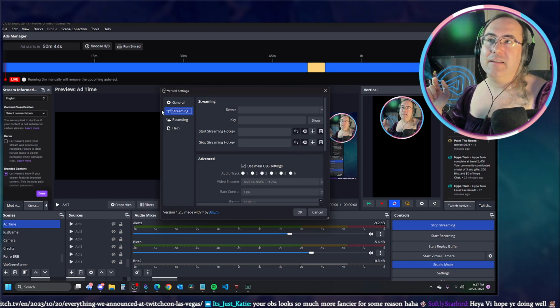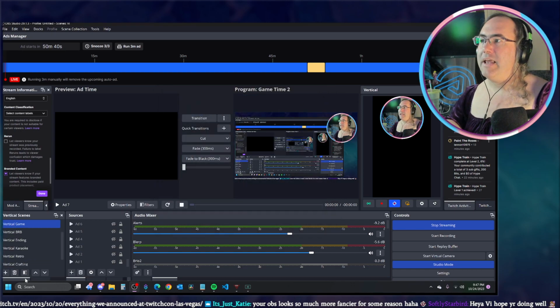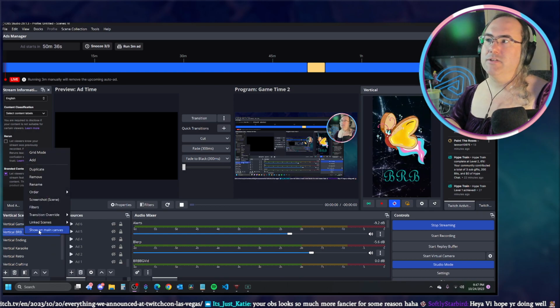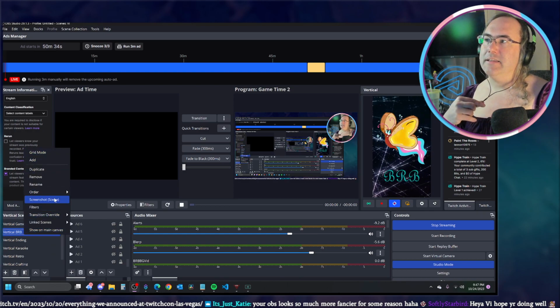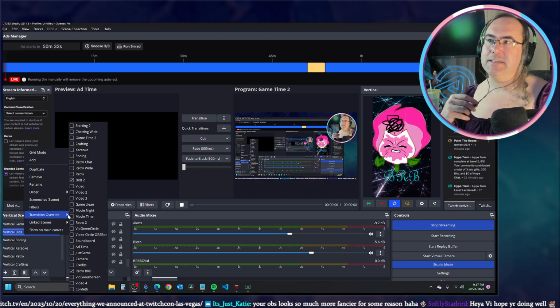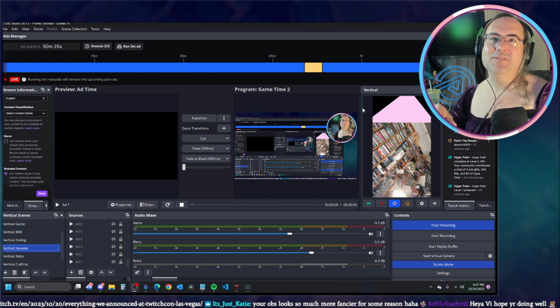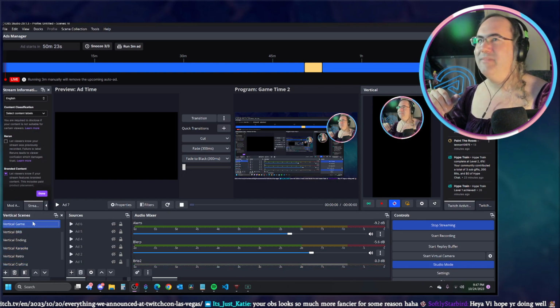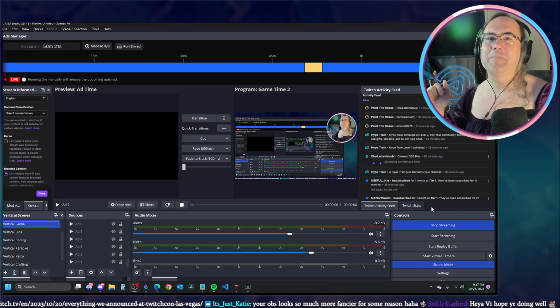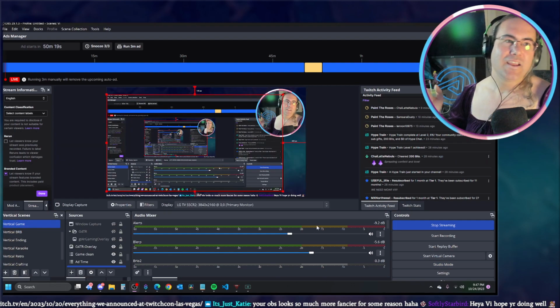I do really like the vertical settings for Atom. It also has its own set of vertical scenes, and one of the things that's really cool on here is that you can actually link the scenes together, so it can link to any one of your horizontal streams. It's a really cool little plugin. We'll do all that stuff another time. Oh, I don't want that scene up there. There we go. So yeah, lots of cool stuff.